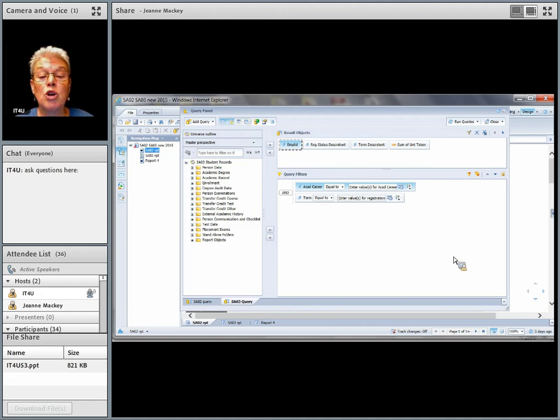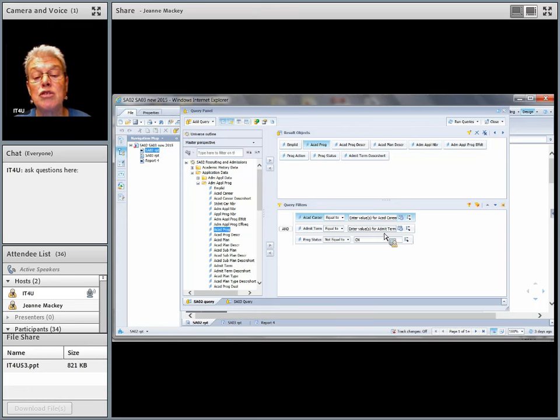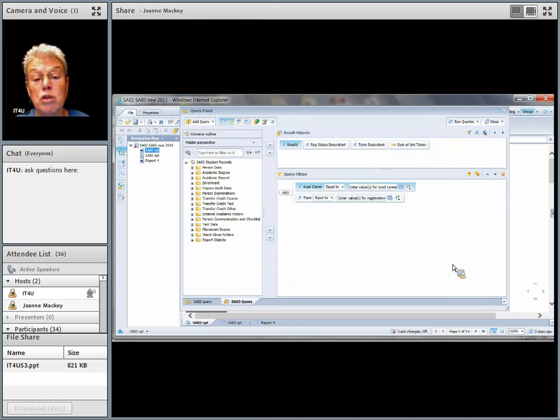And for academic career, when I'm creating multiple queries, if I use the exact same verbiage in my prompt, enter values for acad career, and you see over here enter values for acad career, that's going to give me one prompt that's filtering both queries. And then the term is going to be the registration term.